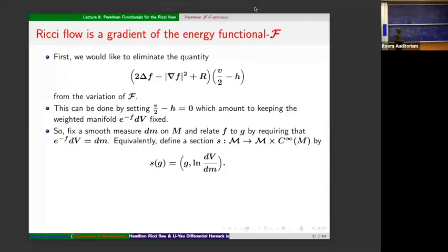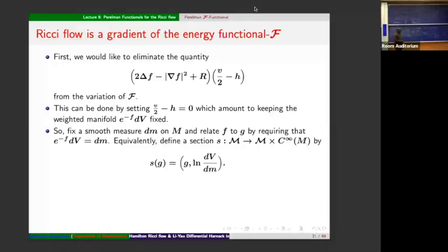Okay, so fix this volume and we call it a fixed measure dm on M. We relate f to g by requiring that e to the power of minus f dv is this fixed measure. Equivalently, we define a section S,